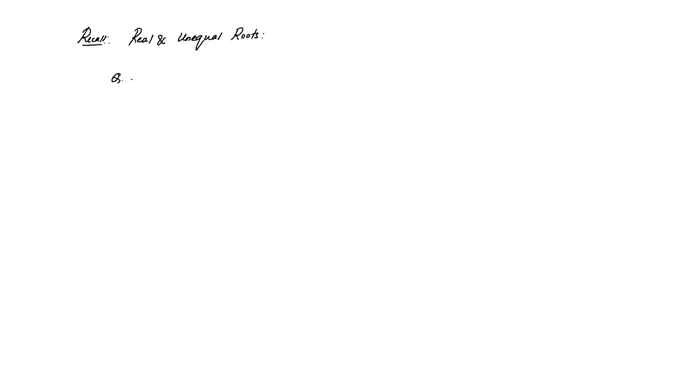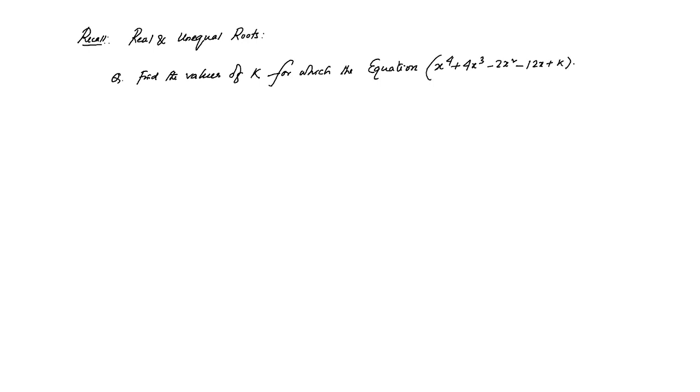The question is: find the values of k for which the equation x to the power 4 plus 4x cube minus 2x square minus 12x plus k equals 0